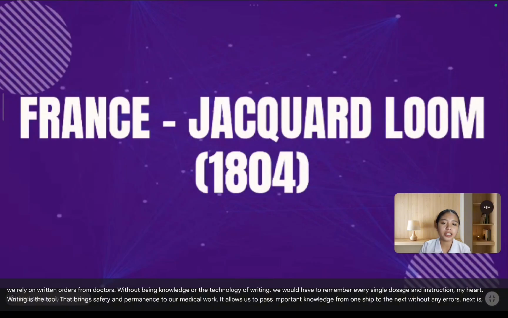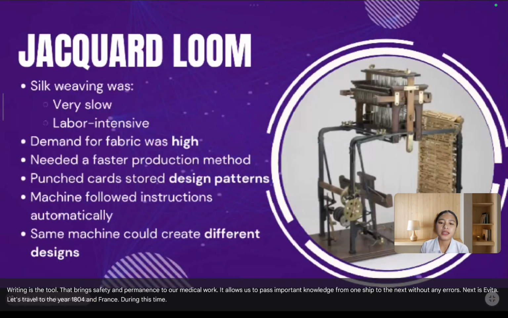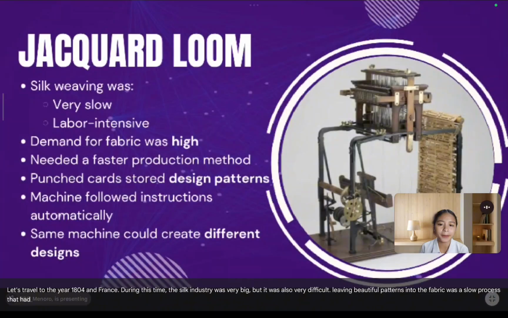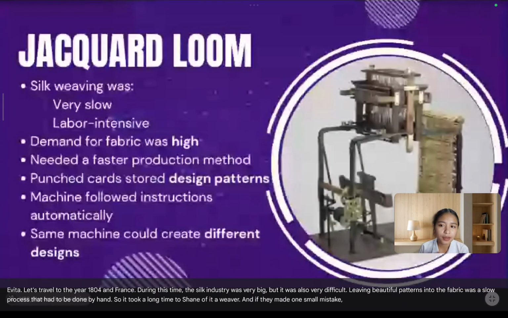Next is the Jacquard loom. Let's travel to the year 1804 in France. During this time, the silk industry was very big, but it was also very difficult. Weaving beautiful patterns into the fabric was a slow process that had to be done by hand. So it took a long time to train a weaver, and if they made one small mistake, the whole piece